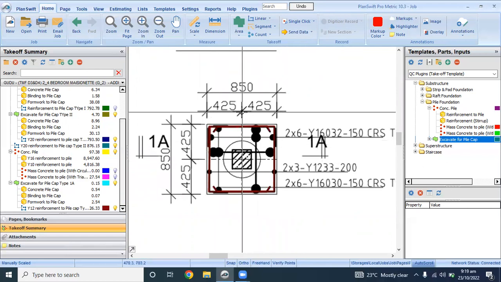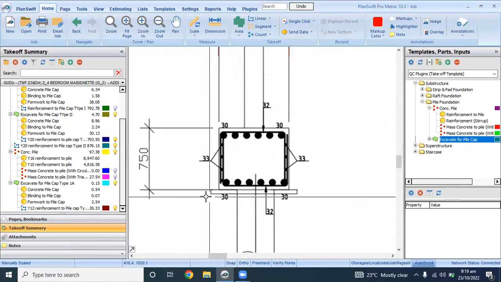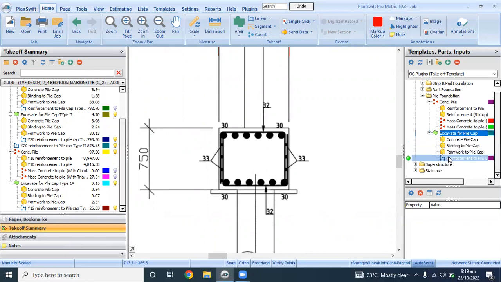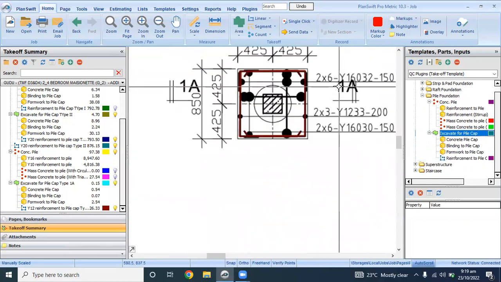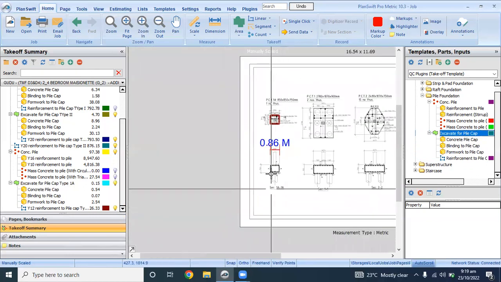So we have 6 number Y16. So I'll just come here and collapse this and pick on this reinforcement to pile cap. So having known that the Y16 is 6 number,